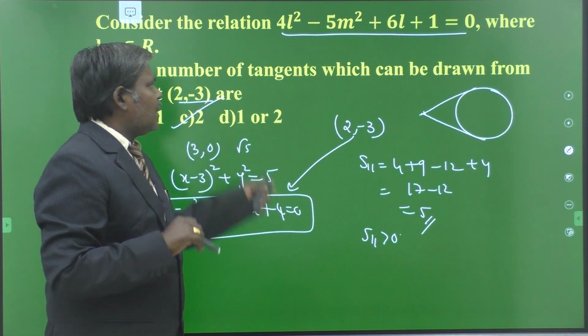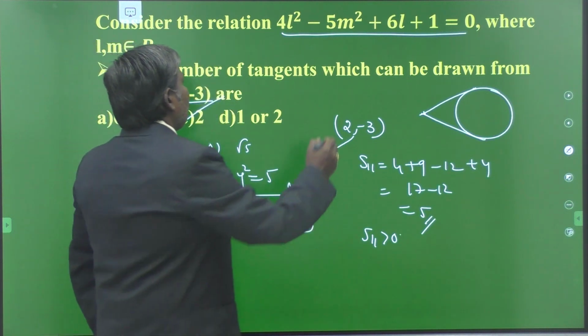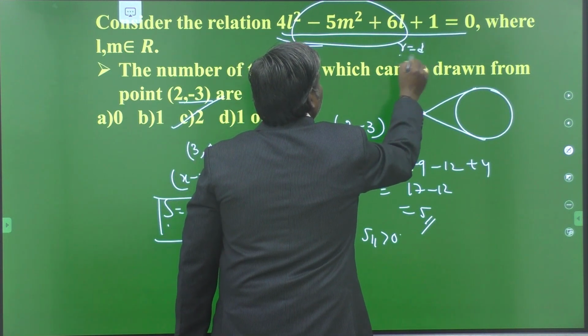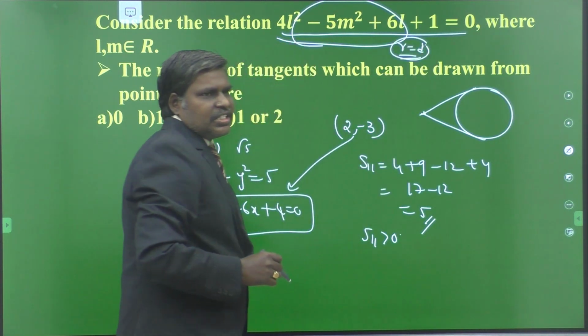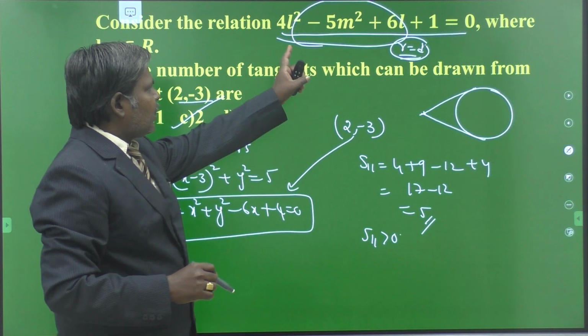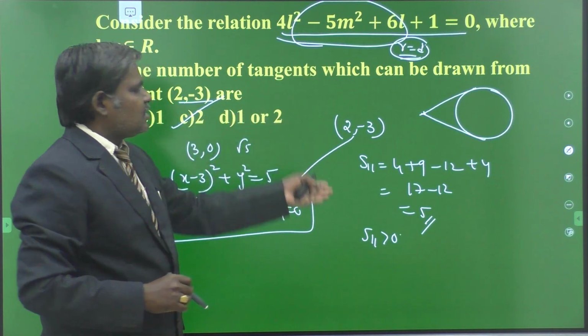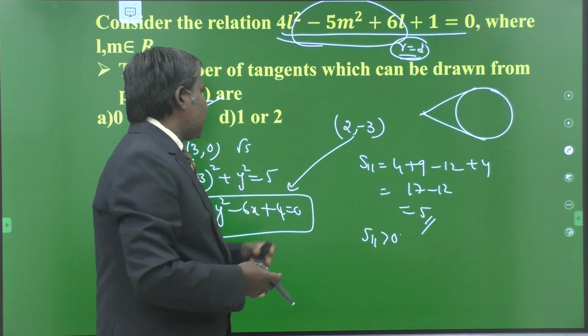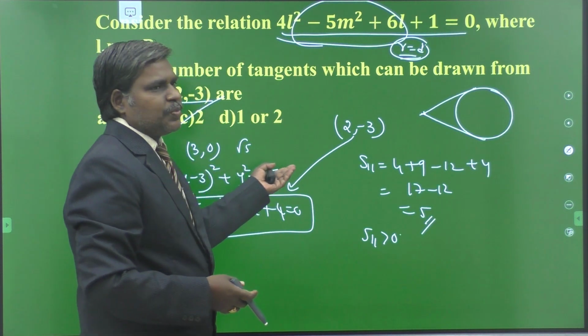So in the entire paragraph, you have to make this one in the form of r equal to d. That is the one and only crucial step in this paragraph. Once you crack that concept, all these things are very easy for you. So one is the point of intersection of the chord of contacts, other one is the position of the point with respect to the circle.